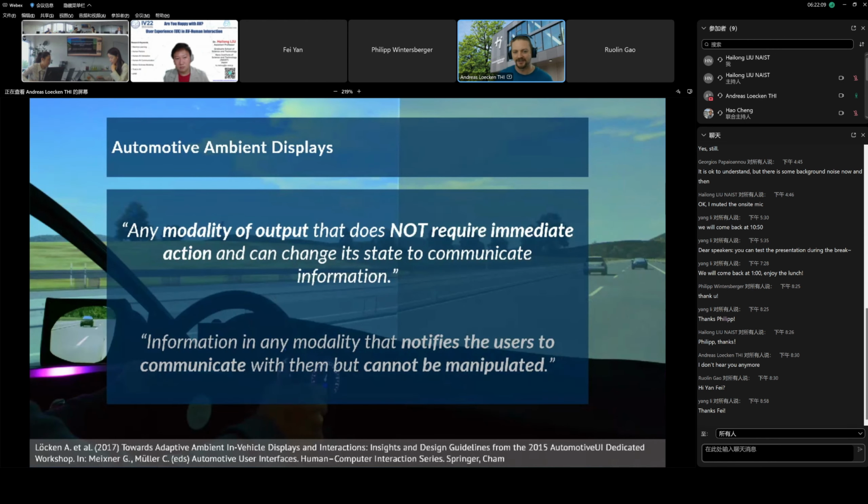We had a very nice workshop on that a couple of years ago, how to put that into the vehicle. There were some discussions back and forth, and we couldn't decide for just a single definition, of course, but for two definitions. And you can, of course, use them or come up with your own one. So it's always about a modality of some kind of output, and it's important that it does not require immediate action. And usually the user can't change the information, or it cannot be manipulated, which doesn't mean you can interact